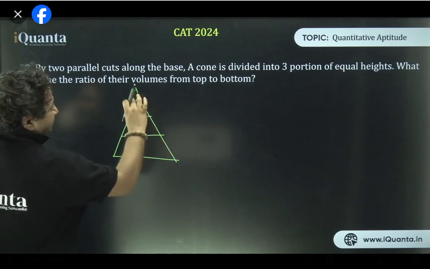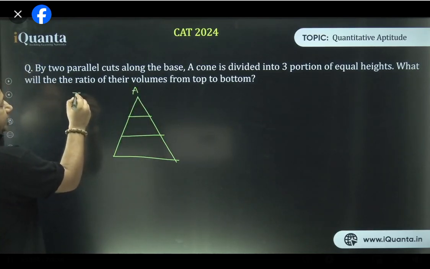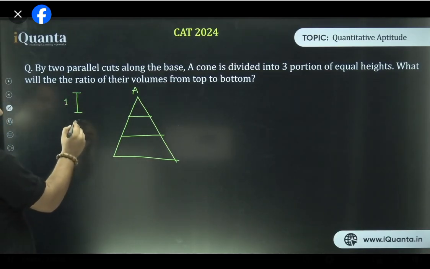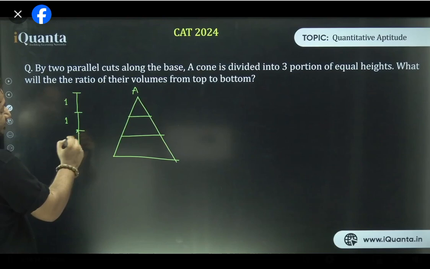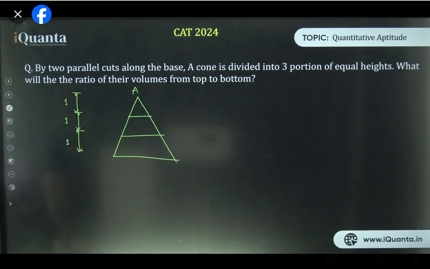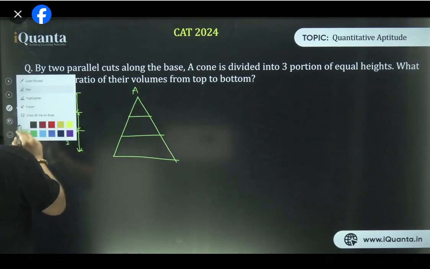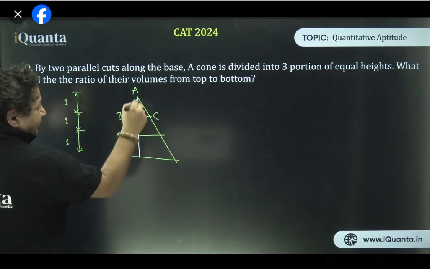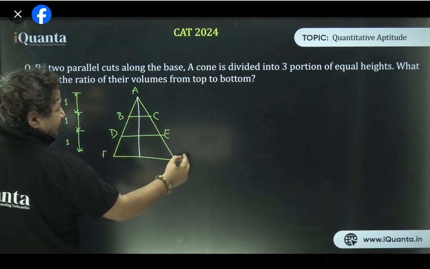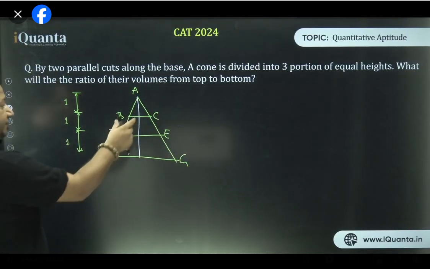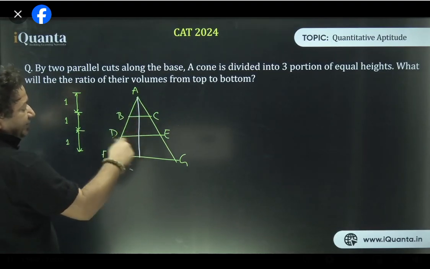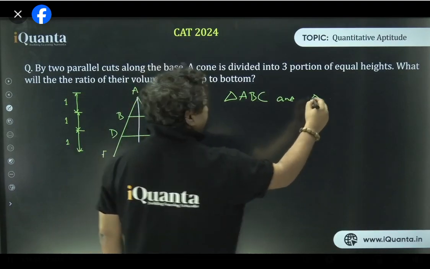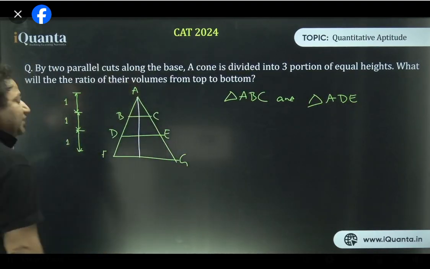If there are equal heights, the heights are equal. So let me call them, मैं 1, 1, 1 ले लूँ ना? This is not a problem, right? This is 1. This is also 1, and this is also 1. Okay? 1 each, and let this be triangle ABC, ADE, and AFG. So all I'm saying is, when the lines are parallel, triangle ABC, triangle ADE, and triangle AFG, all of them are similar, yes or no? So in triangle ABC and triangle ADE, if I take these two triangles, what's going to happen?